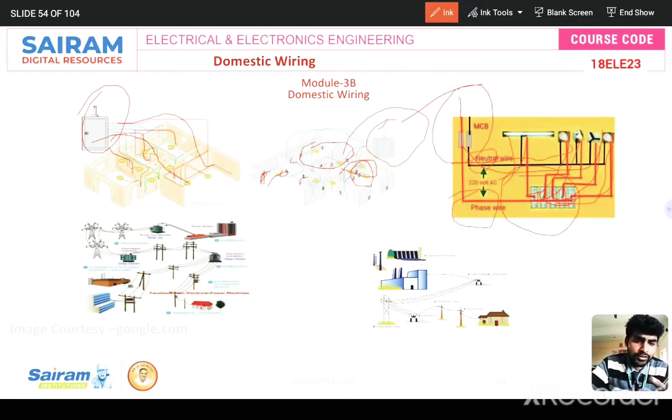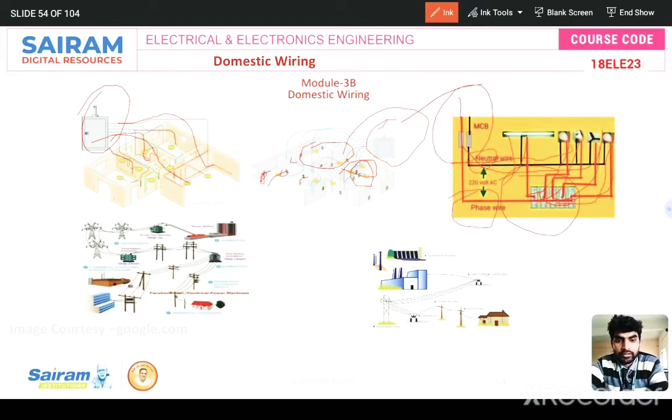At present, we are not doing this one. Before constructing the building itself, we make the wiring system, because if we do it while the concrete is being laid, it is definitely safe and it looks good also. If you keep the switch boxes outside, it does not look that good, and it is also dangerous.